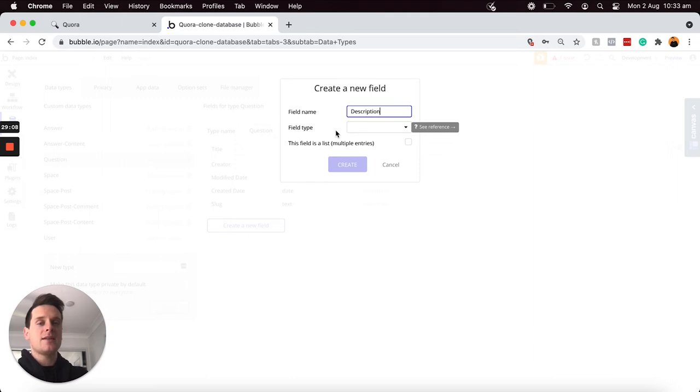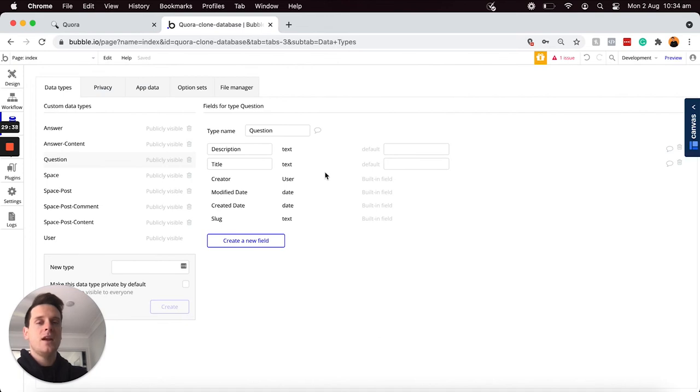And then below that, there's a paragraph of text that just allows a user to build on their main question. And once again, I'll be selecting that this field type is a text field. I'll create that. And now whenever a question is created within our database, I'd also like the person who has